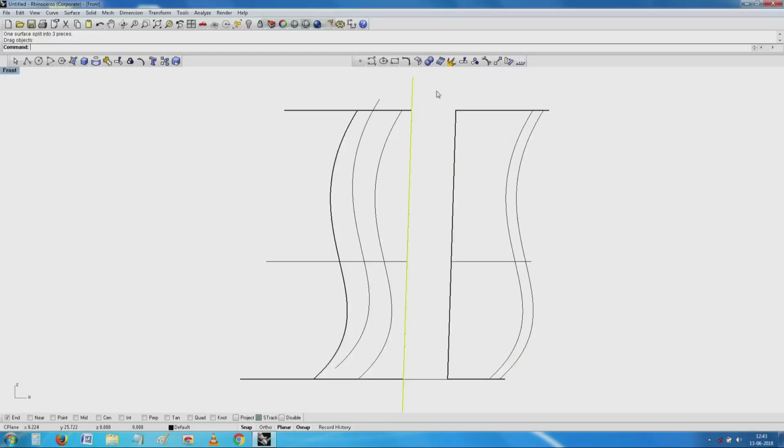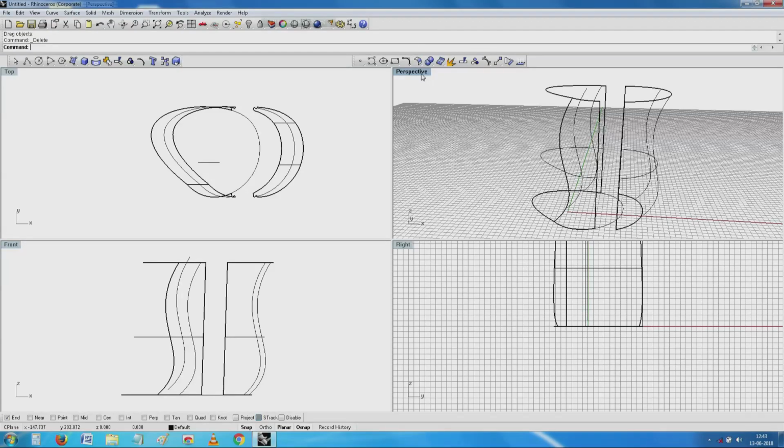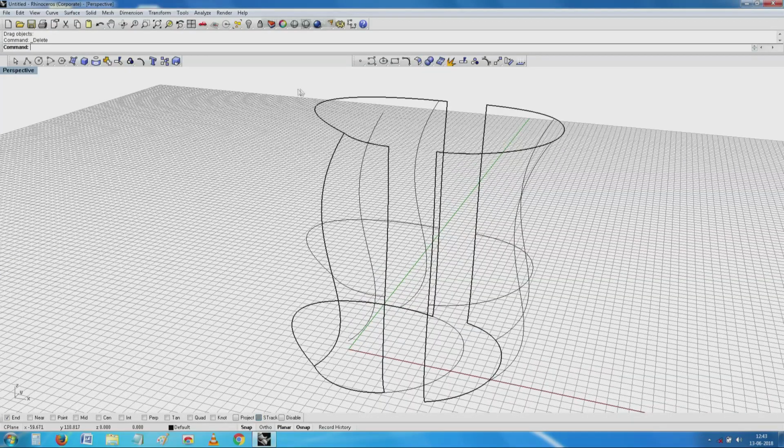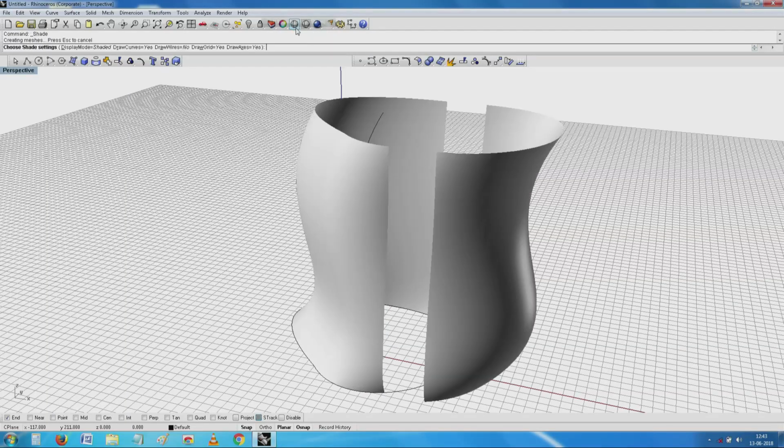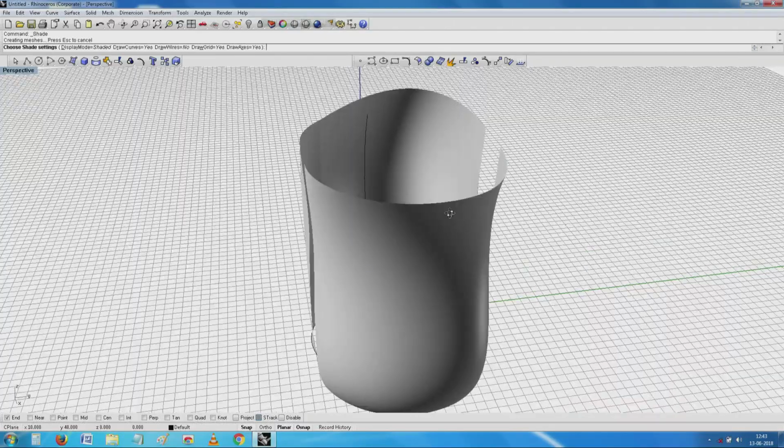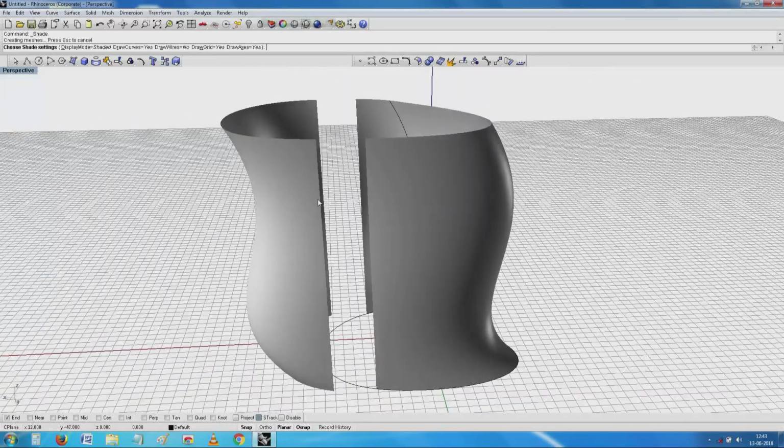If I remove this, now if I go and see the object in the other view you have seen here, conveniently I have two split objects. The only advantage in this is, to a certain extent, the undercut and recess has been solved here.